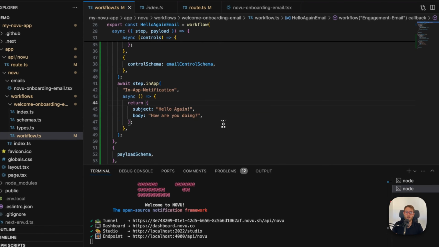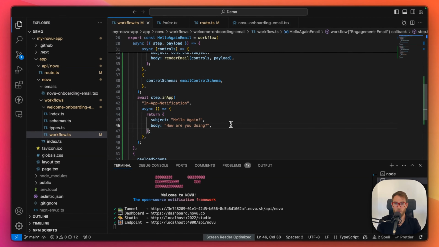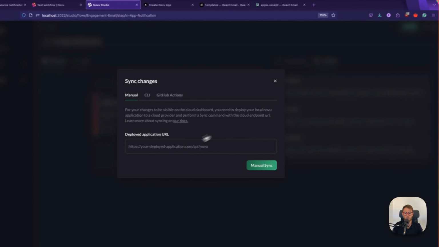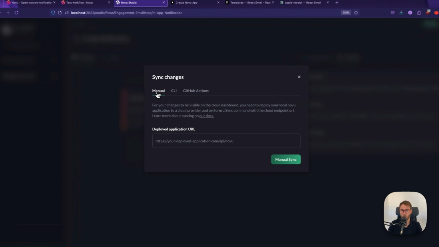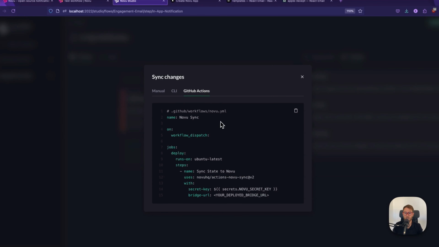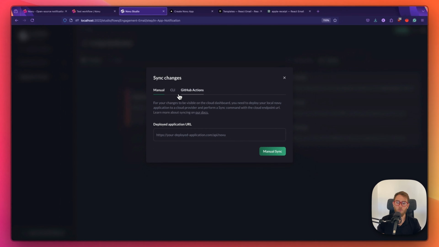All right. So let's just go over two more things, and we will then end this particular demo. So now what we're going to do is to sync the workflows into our Novu account. There are three ways to do it. One is manual, another one is via the CLI with a sync command, and with GitHub Actions. The reason why the workflow